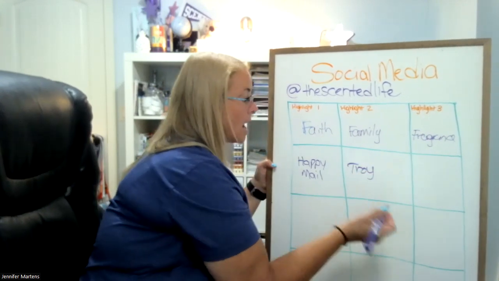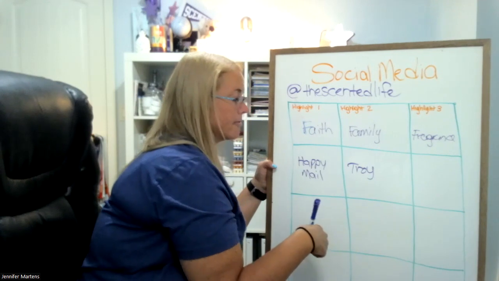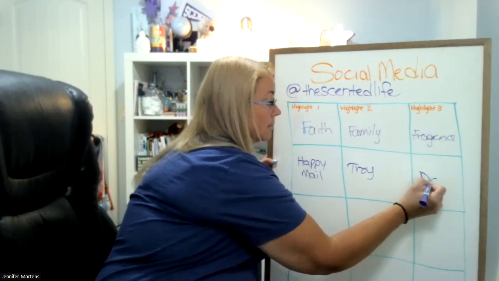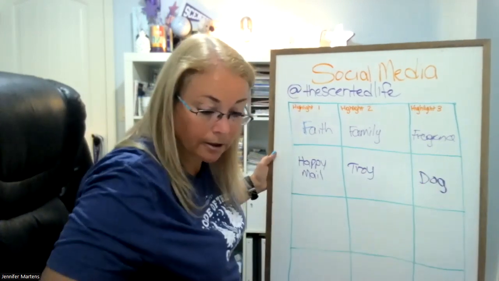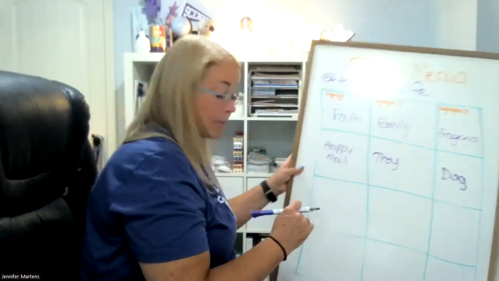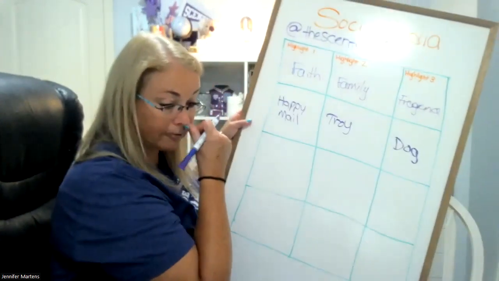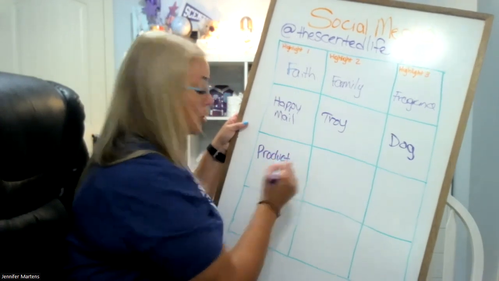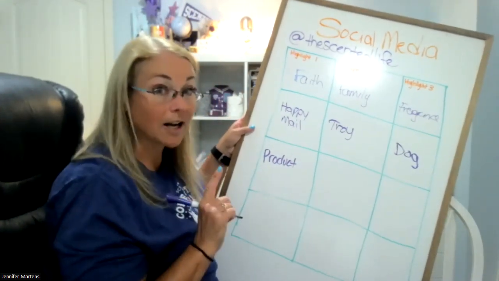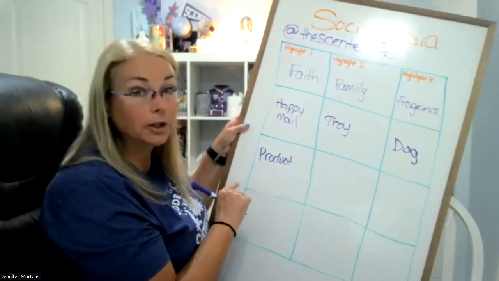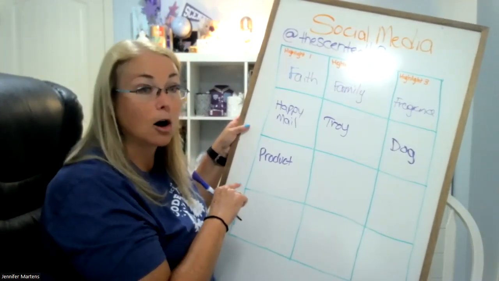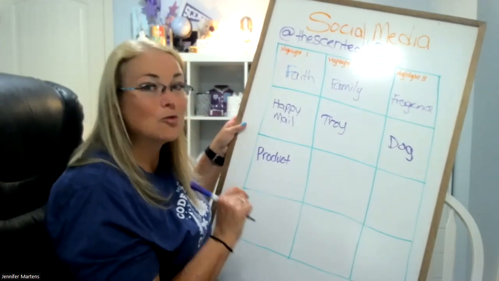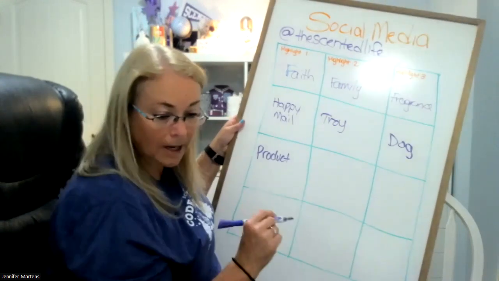And then I might have a picture of, let's say, the dog. I could just look at my grid here. I do a lot of Happy Mail, and I do a lot of products. So I'll have one product post. Usually I'm holding that product, like I talked about yesterday, holding the product. I'm not taking a picture that is already circling all over the internet, because people are not drawn to that. You want them to be drawn to you. Okay. So I may have a product.